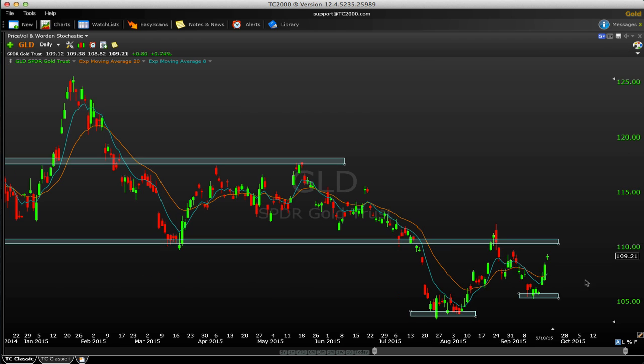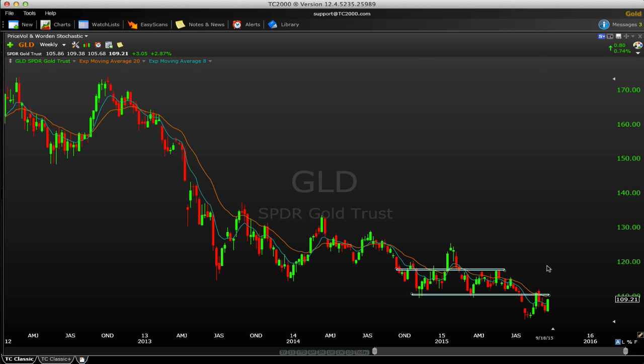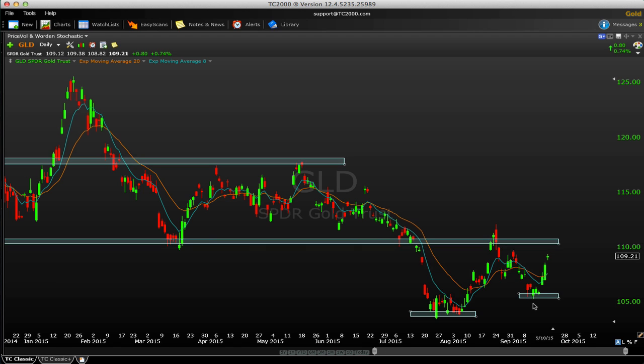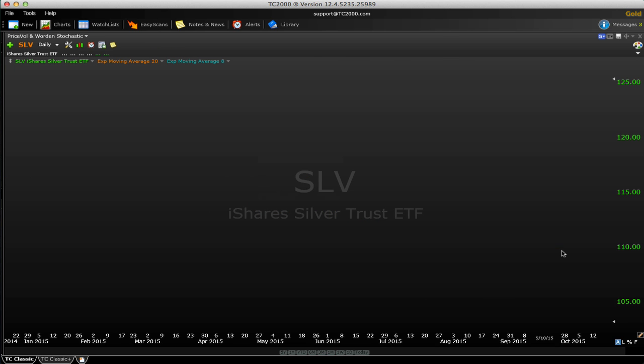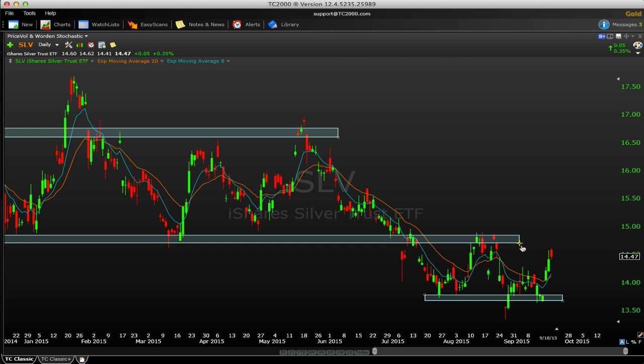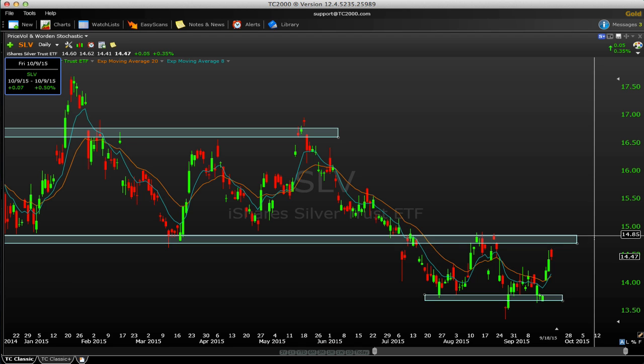Now, if we look at the metals, gold and silver, they had a nice session on Friday. The week, they turned up pretty nice, up 3% for gold. You can see it put in a potential higher low here. So we had a nice impulse leg up, came back down, couldn't quite make it to the lows. Bulls are trying to push it back to resistance. That is constructive. Again, longer term, it's a messy chart, but it's seeing some constructive action there. Silver, similar situation, heading back to the top end of this range. Really needs to take out this 1480 or so zone, and I think that one would be more on its way.